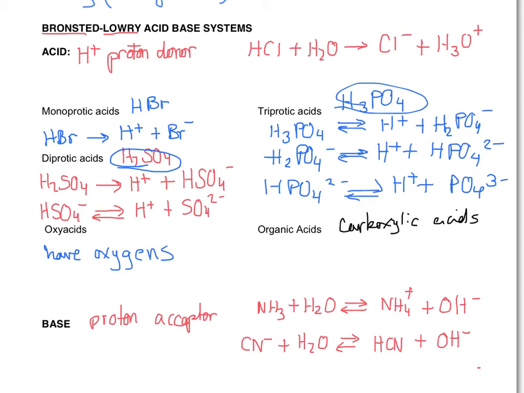So if you see COOH, that's a carboxylic acid. It looks like this. You have a carbon double bonded to an oxygen and then an OH, and then this is bonded to whatever. Remember that this hydrogen is the one that is acidic, the one that's given off. Okay? So for example, acetic acid